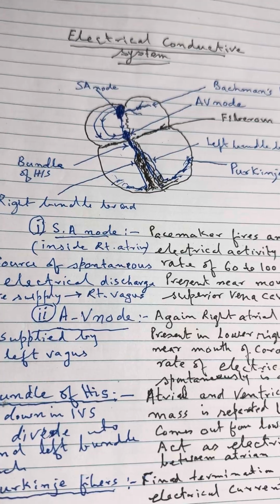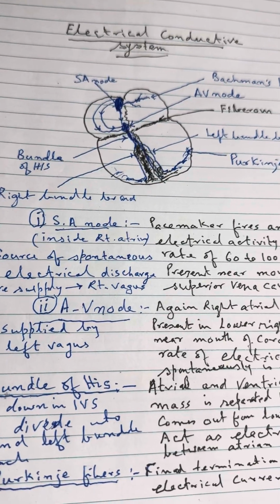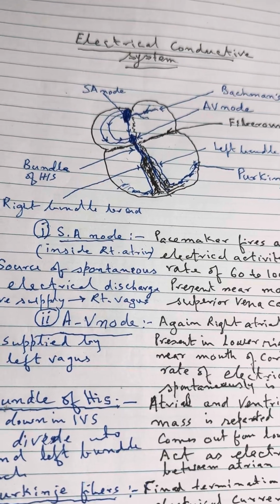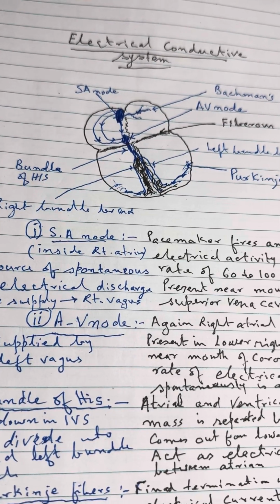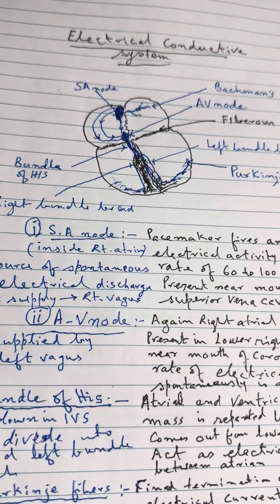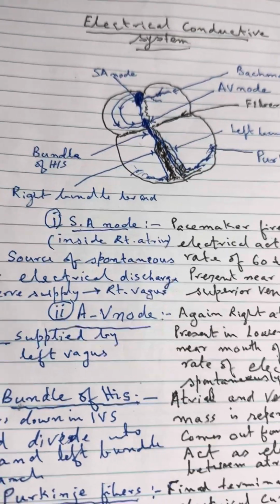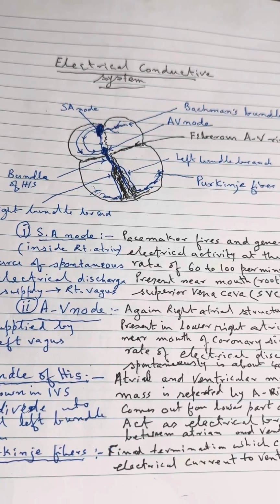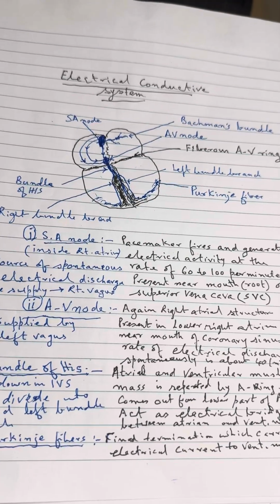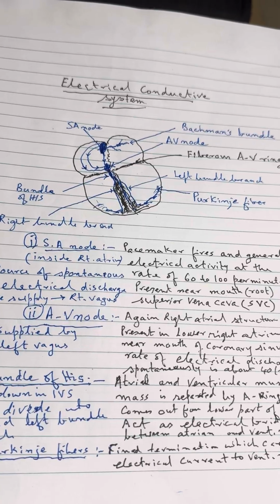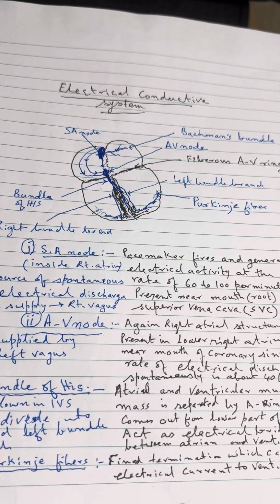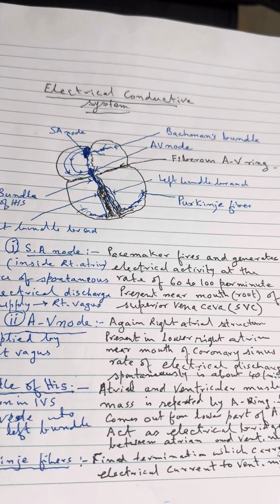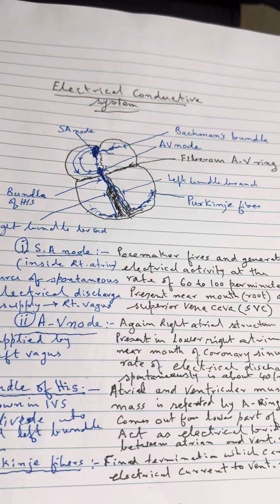conductive tissues. One is the sinoatrial node or SA node, another is known as the AV node or atrioventricular node. These are the two spontaneous electrical generation spots. SA node is bigger than the AV node and is situated in the upper part of